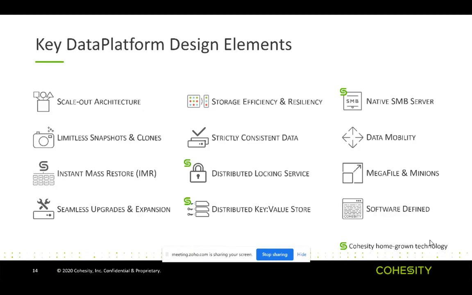Other things like the mega files and minions management. You can see all the storage vendors are struggling with two things. Number one is the very large files, and number two is the very small files, right? And I'm going to talk in more detail in coming slides about the mega files and the minions here. But this is something we have a very unique way of handling, and the way we are handling